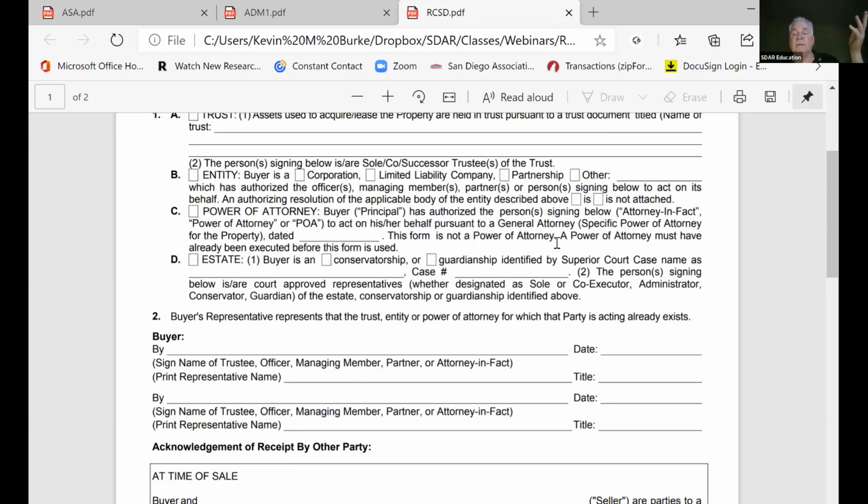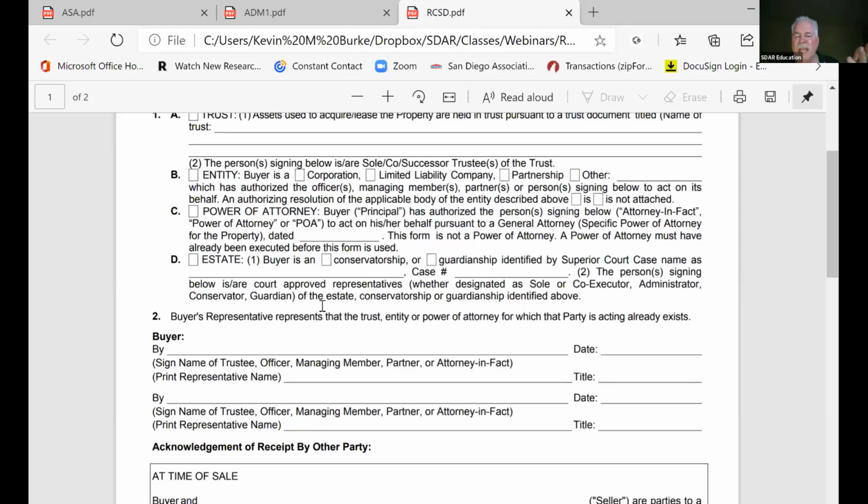Power of attorney. Remember, this is not the power of attorney. This says that someone has already done the power of attorney, okay? And it's dated on such a date, okay? Power of attorney must have already been executed before you issue this form. Don't say, well, we're creating the power of attorney. No, then you don't have power of attorney. I need to be able to produce the proof. And if you haven't, it's like the LLC. Well, we're creating the LLC. How many of us know people that have been creating an LLC for years, right?